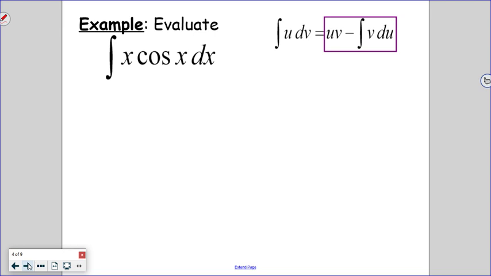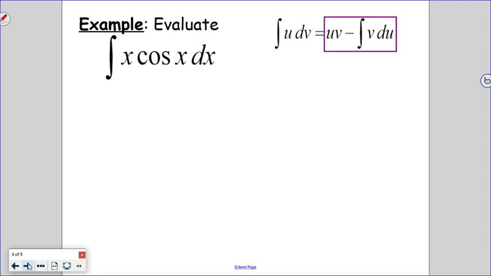At the end of our notes today, I'm going to talk about, okay, now when you have to make the decision, what would you look for as far as picking which one you would let u be and which one you would let dv be. So given this first example, the integral of x cosine x dx,